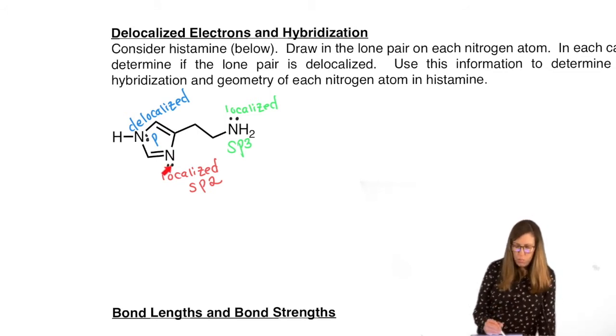This one is a lone pair that's not allylic. It's on a nitrogen that's in a pi bond, not next to a pi bond, in a pi bond. So it's localized. That's not one of our resonance patterns, which is for it to be adjacent to a pi bond, like this one is, but we'll get to that one last, because that's going to be a what scenario, right? So localized.